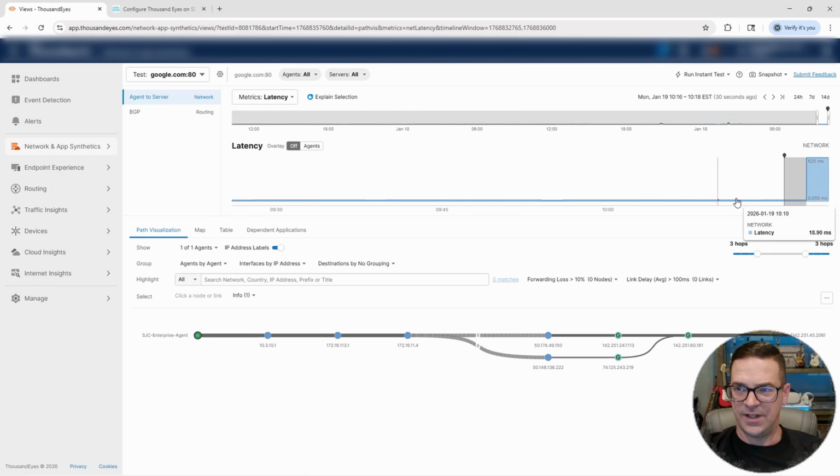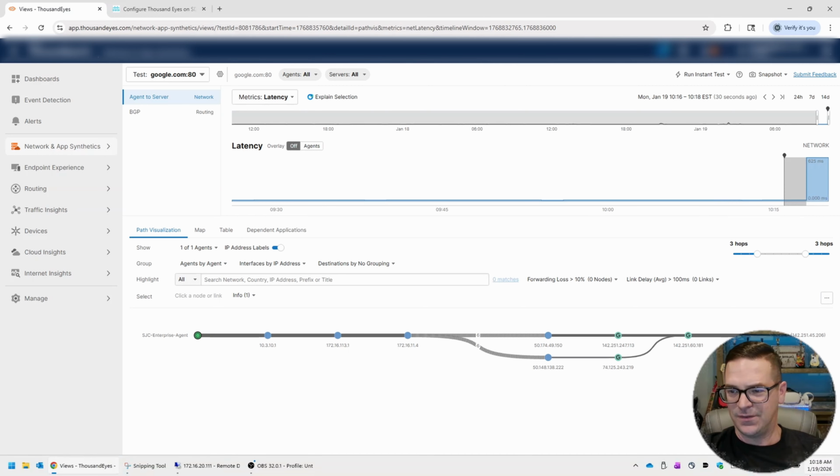And you can zoom in, right? So if I just kind of drag my mouse over and I zoom in, we can see that as of,